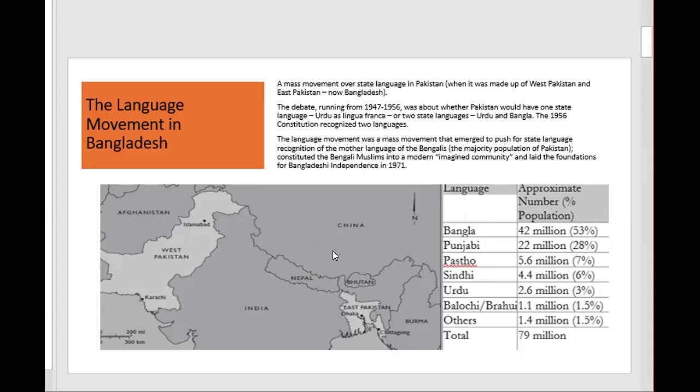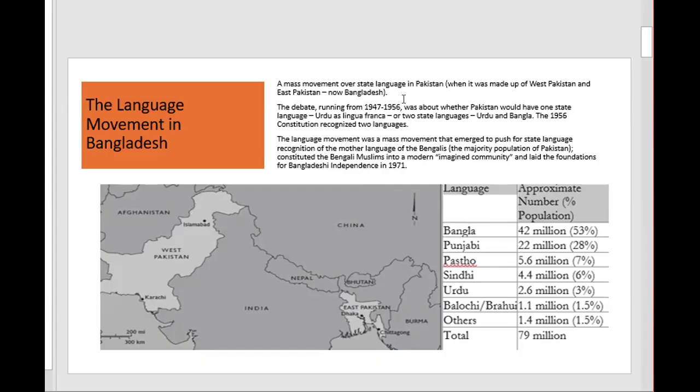But over that process, because language became a symbol of all the other ways of exploitation, chauvinism, and expropriation that was happening, it became the rhetorical topos within which all of the political struggle in East Pakistan came to congeal and make it a political movement about the demand for a state language, mother language recognition, which was Bangla. So it ran from 1947 to 56 within the parameters of my study, because in 56,